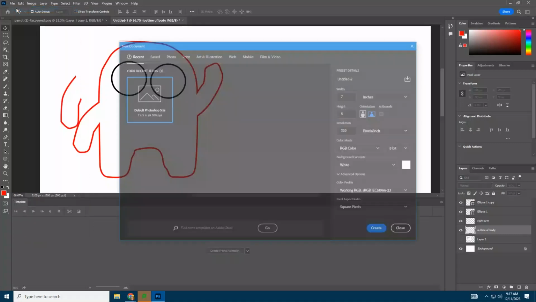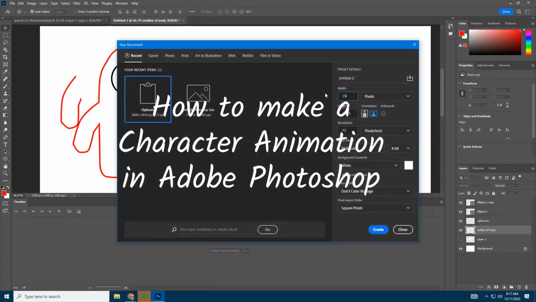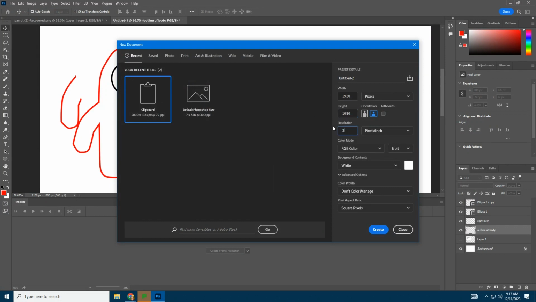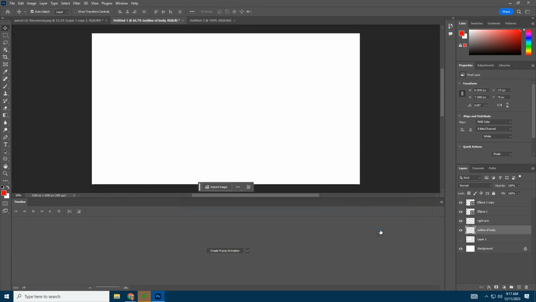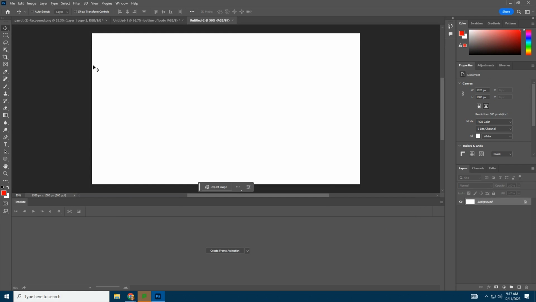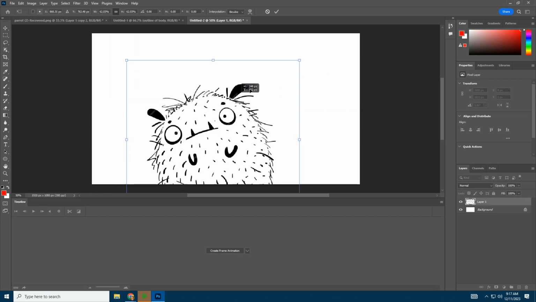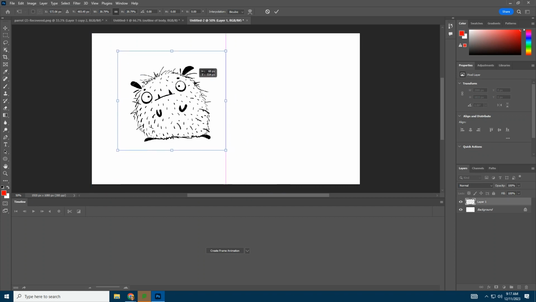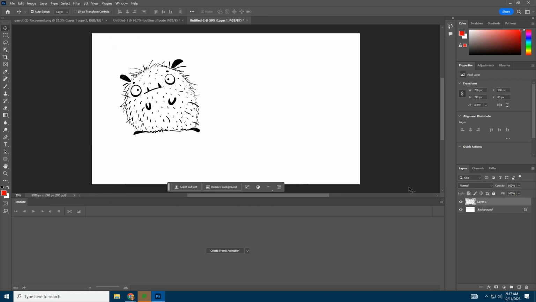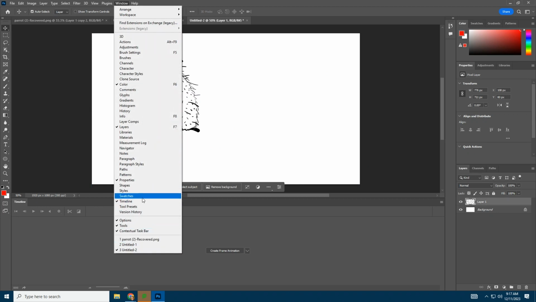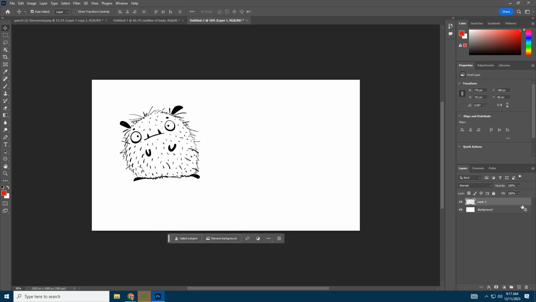For our character animation, we are going to set it up as 1920 by 1080p, and we're doing this in Photoshop. All right, so we have the canvas all set up. This is my reference image for my character. So if you drew your character by hand, you're welcome to take a photo of it, open that in Google Drive, or upload it in Google Drive, and then bring it onto your computer so you can trace that layer